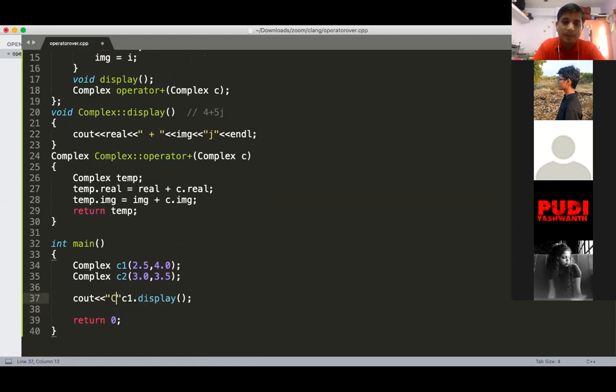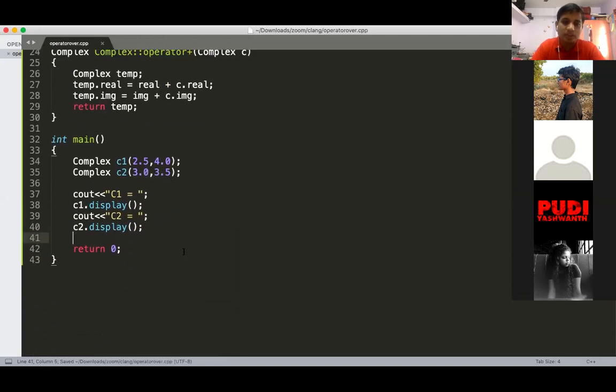cout c1 is equal to c1 dot display, and cout c2 is equal to c2 dot display. Okay, so we will try only this program.